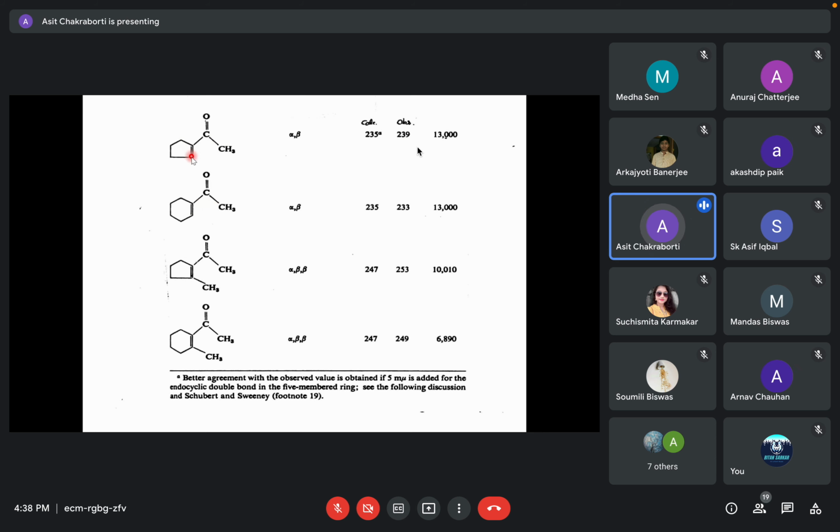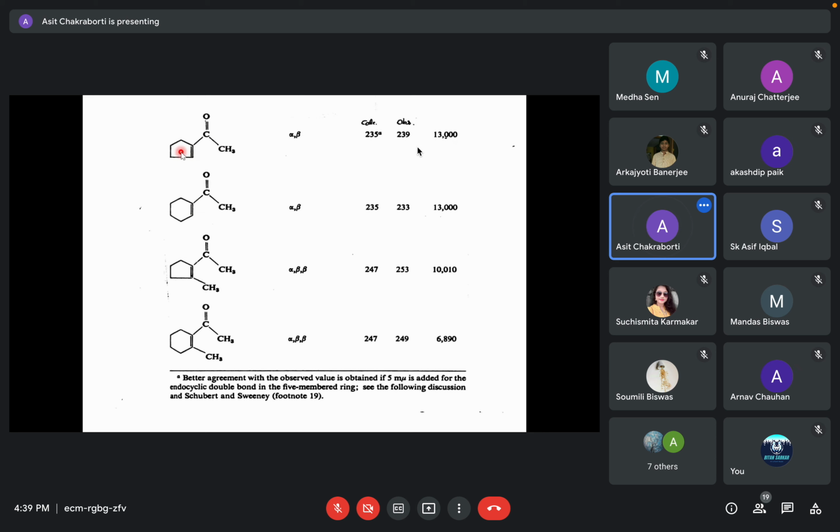So if we consider the substitution pattern, this is alpha, this is beta. On that basis, using the Woodward-Fieser or Nelson-Fieser rule, you can calculate that the value of this molecule is supposed to be 235, and the observed value is 239. And this was the measured epsilon value. Normally, all pi-pi star transitions have at least to the tune of 10,000 as the epsilon value. So that's why log epsilon becomes 4 or at least above 3, etc. Same thing here also. I will not go into this mismatch in the calculated and observed value.